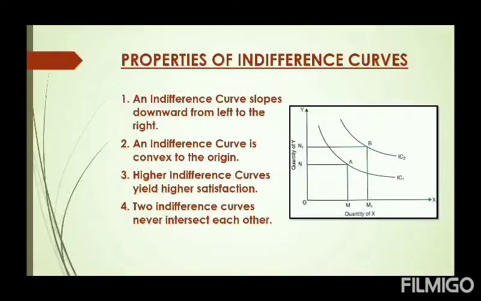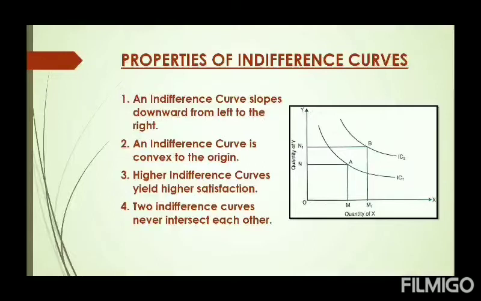Now when two commodities, or the two variables which we show on a graph, have a negative relation, the curve is always downward sloping. I have already told you this in our previous chapters as well, that a curve will be downward sloping when the two variables measured on the axes have an inverse relation. Here also it is the same: quantity of X and quantity of Y will have a negative relation, because if the consumer consumes more of X, he has to decrease the consumption of Y to stay on the same level of satisfaction. So an indifference curve is downward sloping.